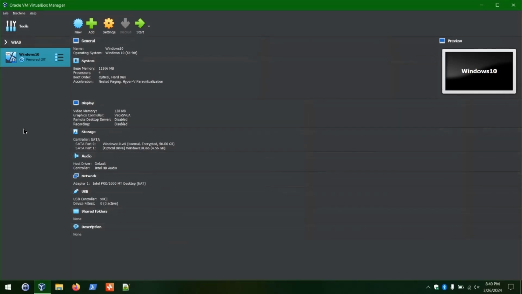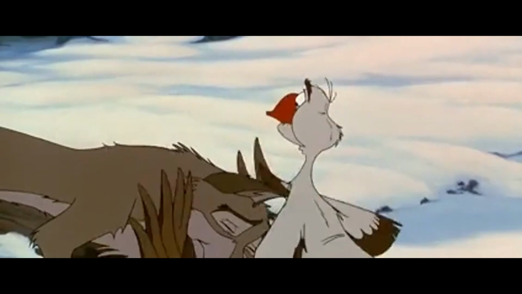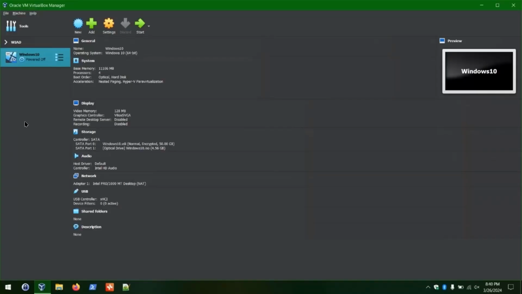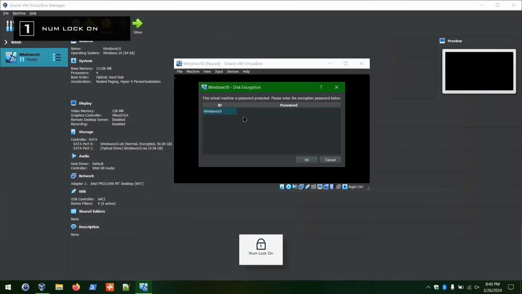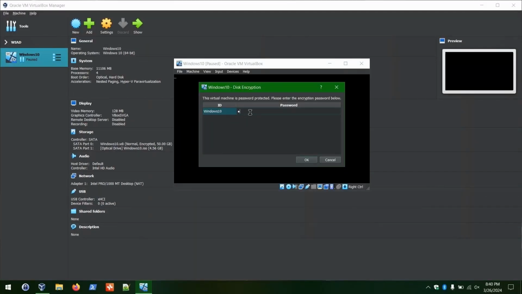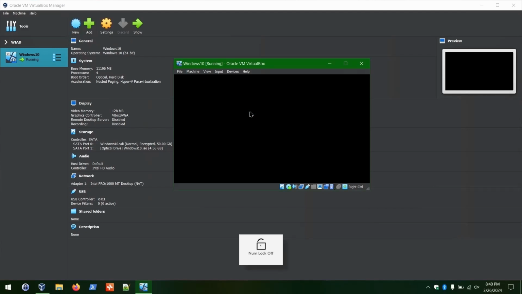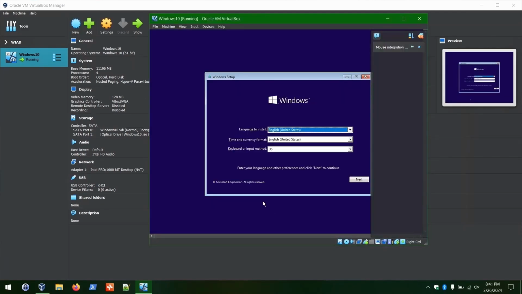So let's breathe some life into this guy. Let's go ahead and double click on Windows 10. Here we have to put in our password that will decrypt the virtual disk image. Otherwise, we would not be able to see anything readable on the screen. And once we get to this purple screen, we know that we have properly configured the VM to at least